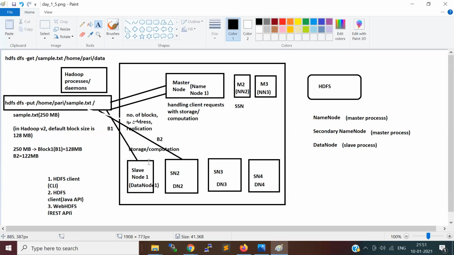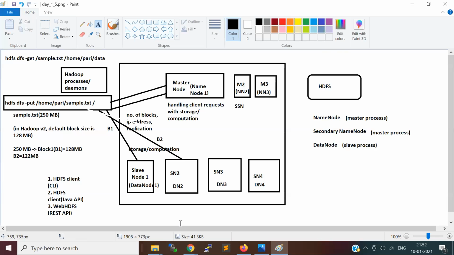So basically, a set of nodes will be kept in a rack. If you know about server data centers, all your servers mostly will be in racks. A set of servers will be in a rack. When you build a cluster, how you set your nodes in the rack follows some standards. Mostly that will be taken care of by Hadoop administration, but when we go to other concepts in HDFS, I will tell you.